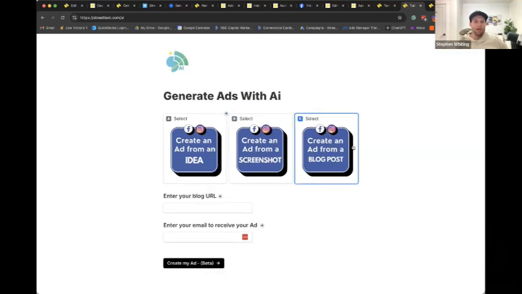Or maybe you have some great content on your blog that you've been writing, and you want to create remarketing ads like I showed you today. You want to have all these remarketing ads that you can sort of go around people and point them back to your website. Put in your URL for your blog and your email address, and we'll create you an ad specifically for your blog that you can use. It's designed with specific copywriting, so the ad will convert.